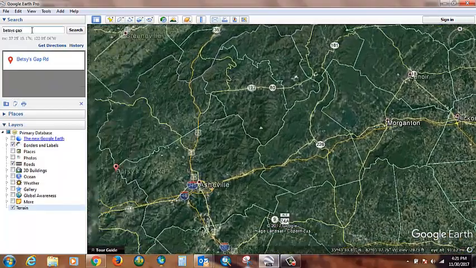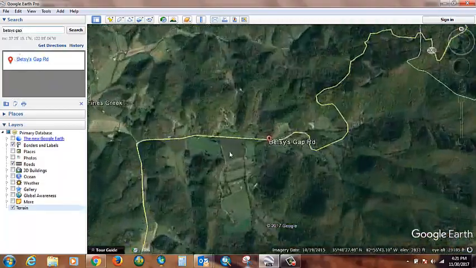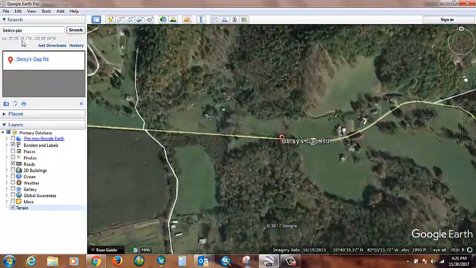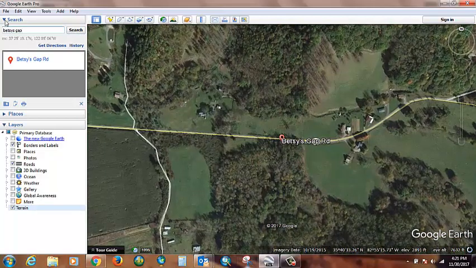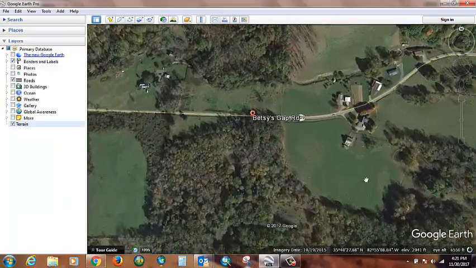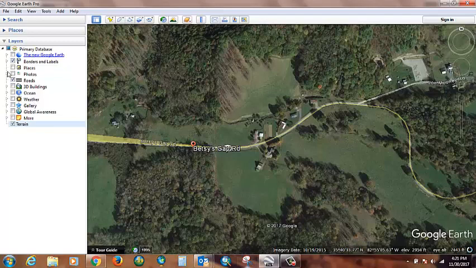And once you type something in a few times, it kind of recognizes it, so I didn't have to type in the whole thing this time. So I'm there, and back where I was before. And so, terrain, roads, borders, and labels, those are good layers to leave on. You could explore some of these other things a little bit later, but I'm going to go ahead and